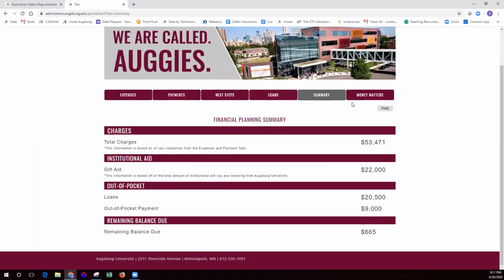And the summary tab is meant to help the students better understand what all this means when they're paying for school. That their total charges are here, the total gift aid, again, this is their Augsburg gift aid here, and any federal or state gift aid. It includes their loans and out-of-pocket payments. So the loans would summarize their direct loans, the Parent Plus loans, and any private loans they listed. The out-of-pocket payments would include any lump sum payments the student intended to pay, as well as the payment plan